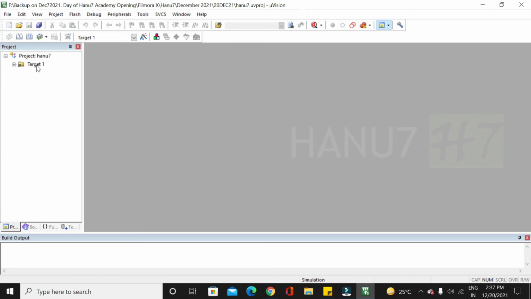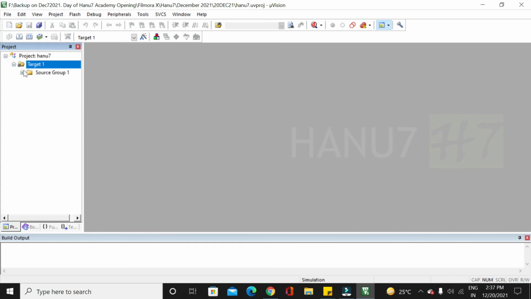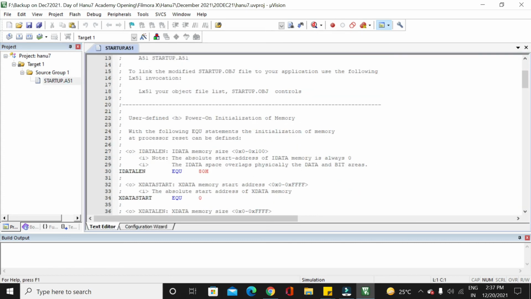Target 1 will be there, and you can rename it to 8051 if you want. The source group will be there, inside that the startup.a51 that I have just added.